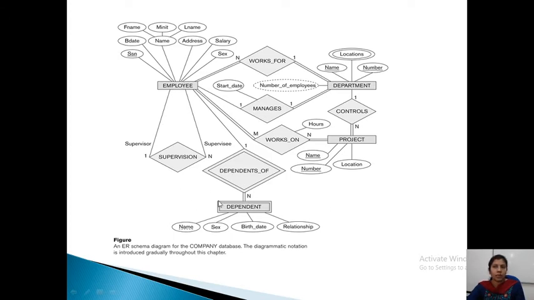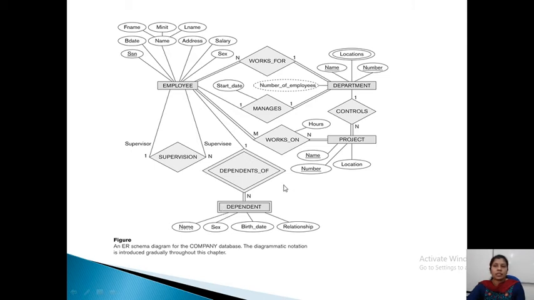Then dependents, or employee has dependent. Okay, so in this you can see here name is underlined by a dashed line. So this will form a component of the key. Because I cannot use name alone as a primary key, to identify the dependent I have to take SSN and name. So this indicates it's a partial key. This is the partial key of this weak entity type. So dependent is a weak entity type, that's why we have shown it using a double rectangle.